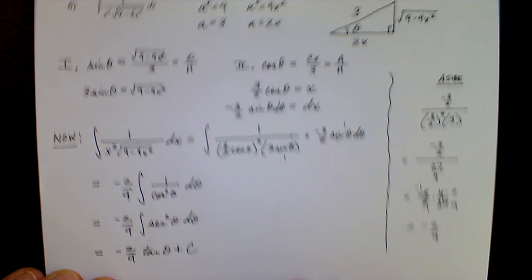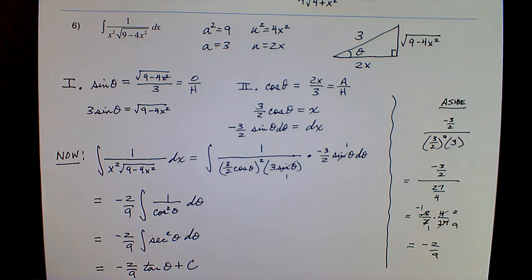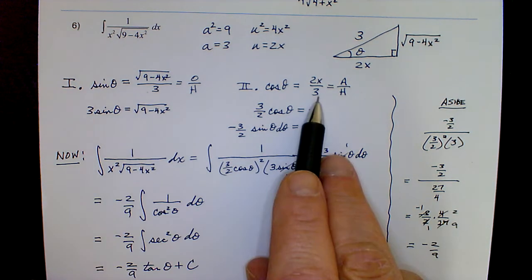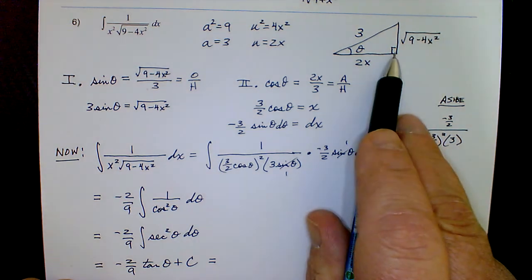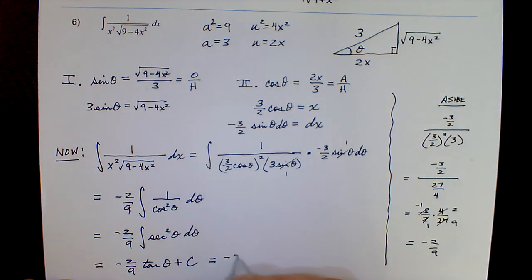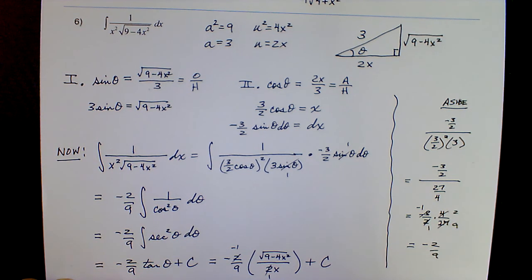Okay, but here's the thing again. Tangent of theta is not in Roman numeral steps 1 or 2. So just use the definition of tangent in terms of the sides of the trig functions. So we have minus 2/9 times opposite, the radical part, over the adjacent 2x, and then plus the constant. So then we'll cancel out a 2. So we get negative 1/9, and